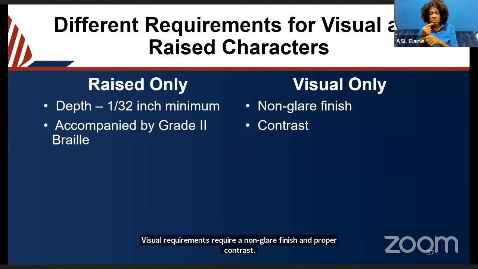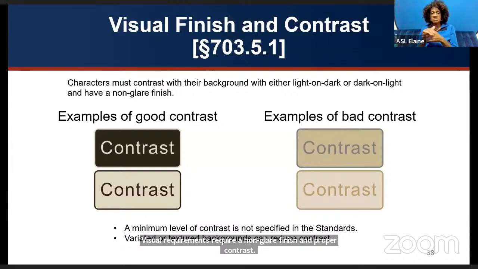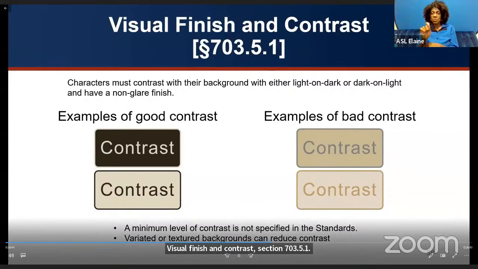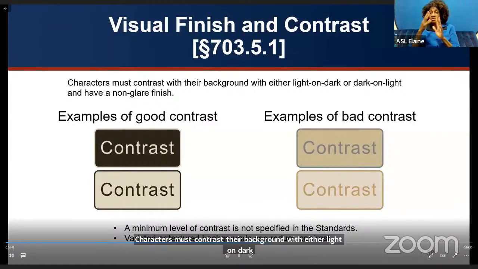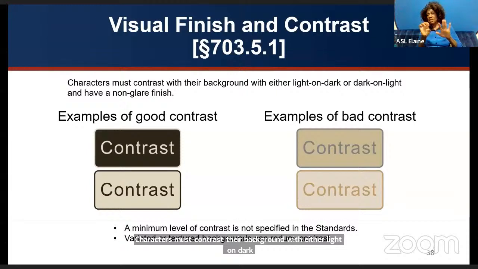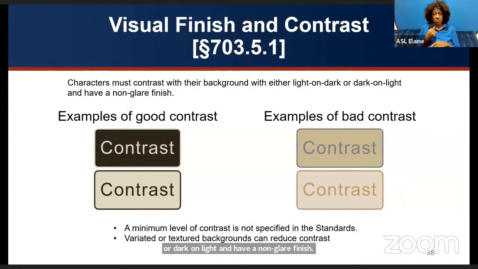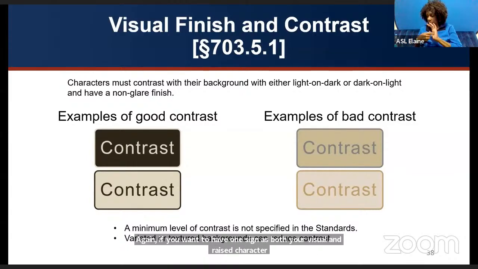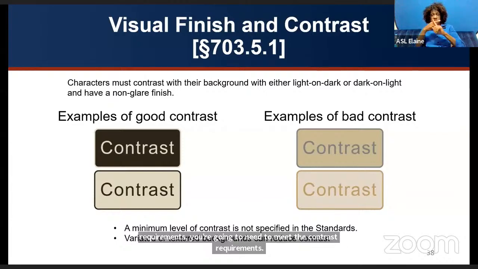Slide 38, please. Visual finish and contrast, section 703.5.1. Characters must contrast with their background with either light on dark or dark on light and have a non-glare finish. Again, if you want to have one sign as both your visual and raised character requirements, you're going to need to meet the contrast requirements. If they're separate signs, then the raised characters do not need to meet the contrast and finish requirements, but the